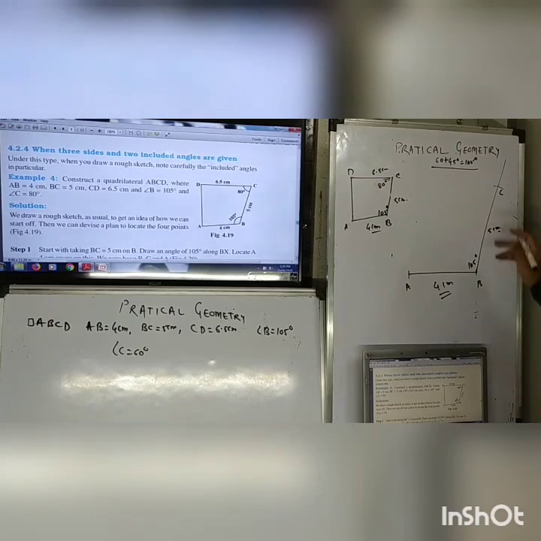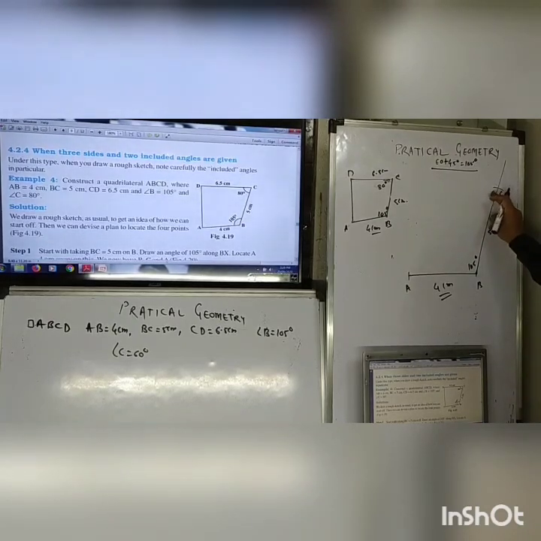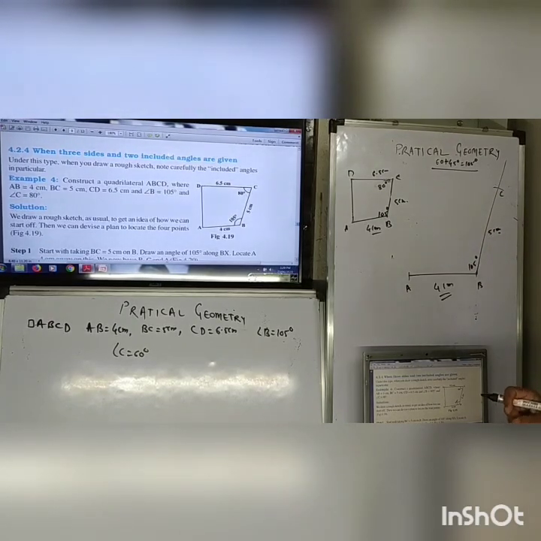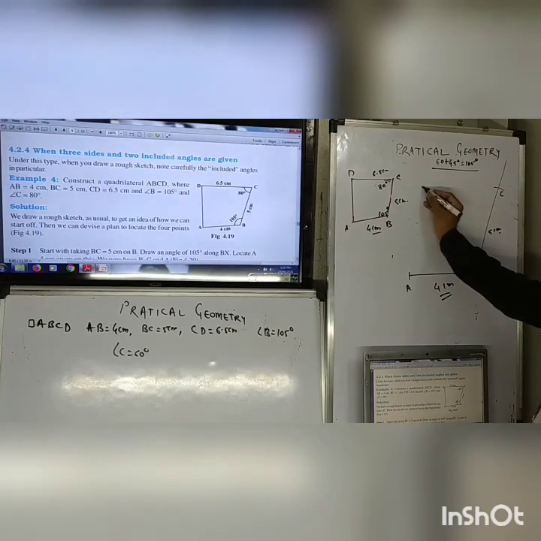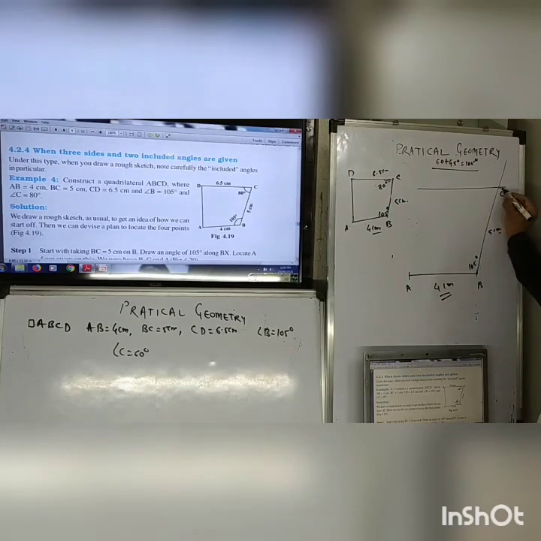Now another thing is given, at point C angle 80 degrees is given. Now this 80 degree, till now in your class we cannot construct, so draw 80 degree. Don't construct 80 degree, just draw angle 80 degree. Draw angle 80 degree at C. Now when we add 80 degree, what is remaining?